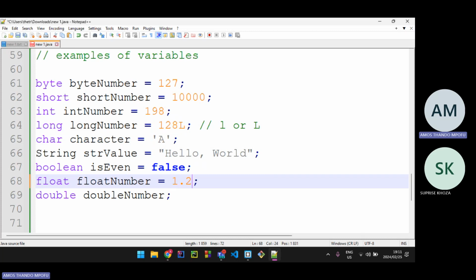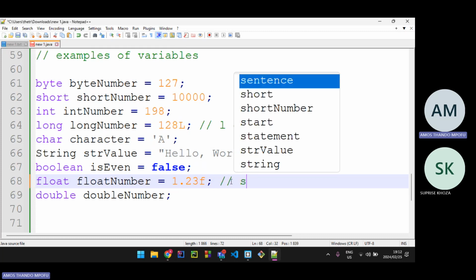So if I want to say 1.23, it's going to be a problem because this will complain. What I'm trying to do here, and we'll get to casting, is cast from double to float, because automatically it's going to convert this value to a double. So for you to prevent that from happening, you must put a suffix F or the uppercase F. It's up to you. Usually small letter f is fine. Uppercase doesn't matter, but just know both methods. So we have to put the suffix